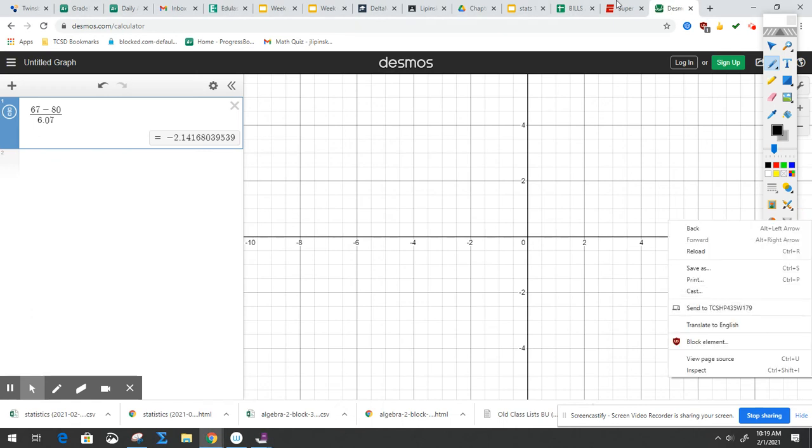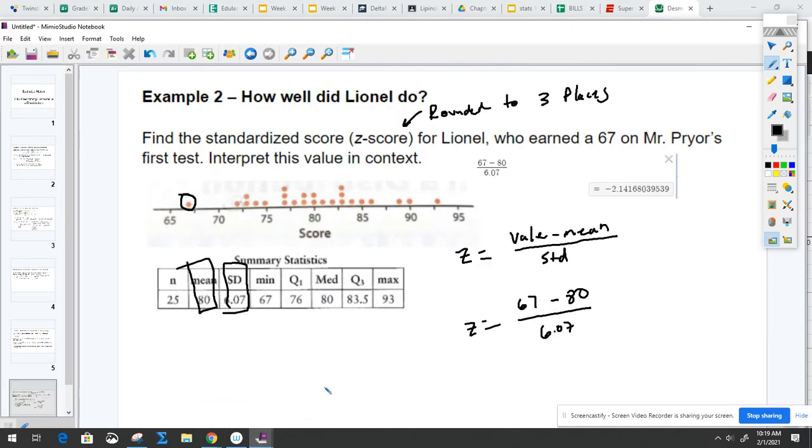So we have a Z score here, which was negative 2.141, but because this is a 6, it's going to bump that up to a 2. It says to interpret the value in context. So because the Z score is negative 2.1, here's what we will say. We will say Lionel's score is